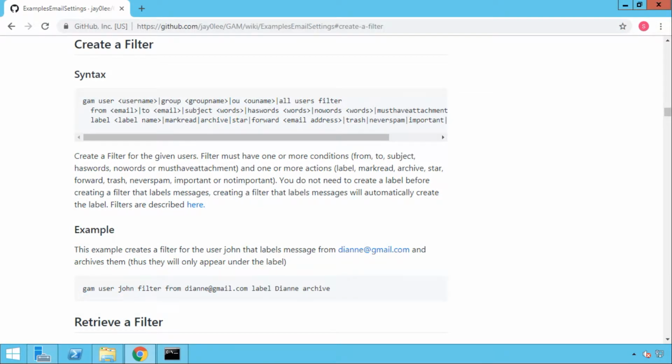Hello everyone, and welcome to this new video for a new example on how to use GAM to manage your G Suite domain. In this quick video, I'm going to show you how you can create filters in Gmail, because